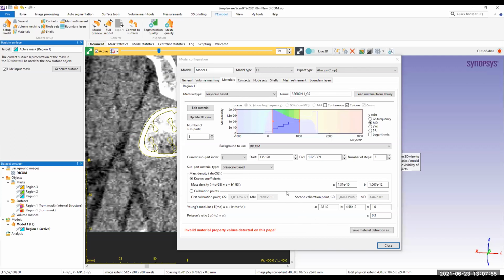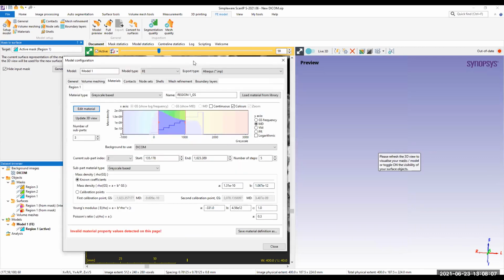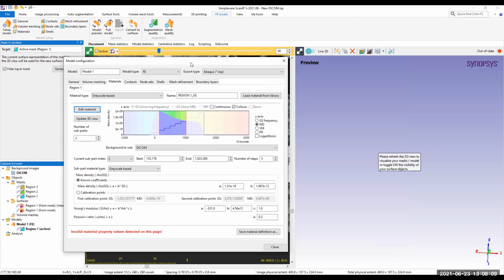So for a particular generalized case, how long will the computational hours be for solving one case? So that depends on many things. First of all, it depends on the hardware specification that you have. Another thing is how many elements you have created. Let me see if the model is generated yet or not. It is still generating. So the number of elements plays a key role in deciding the time for simulation.